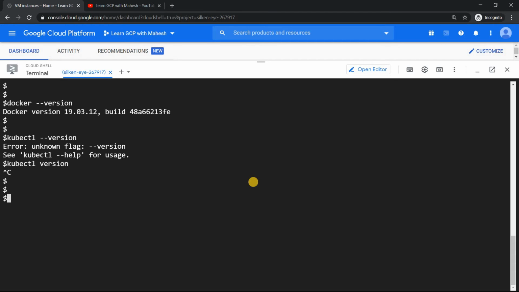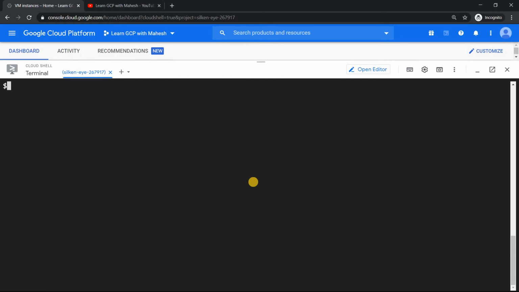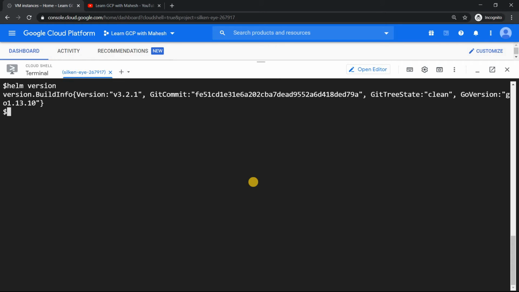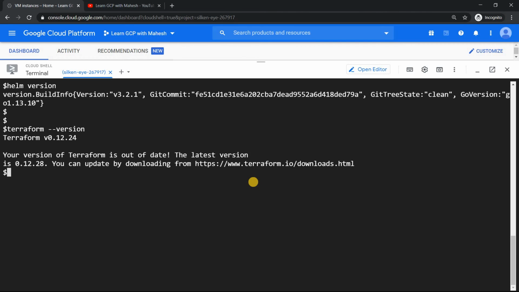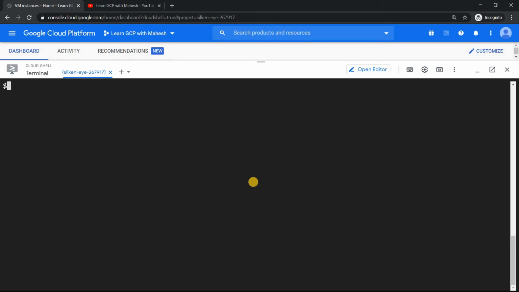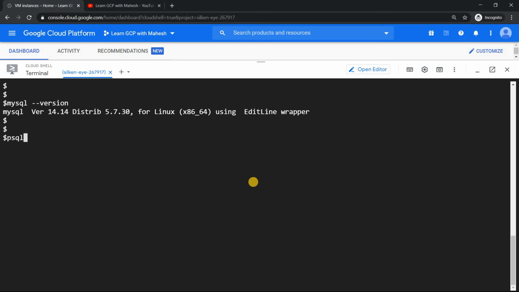And it's not only that. If you are into the CI/CD process or more into Helm, Helm is a package manager which you get with Kubernetes. You can use this. Or if you are into CI/CD or infrastructure as code, you want to do that, you have Terraform. These are all really awesome features. And if you are from a database background, you have the MySQL client. It's there. If you are from Postgres, you have Postgres.